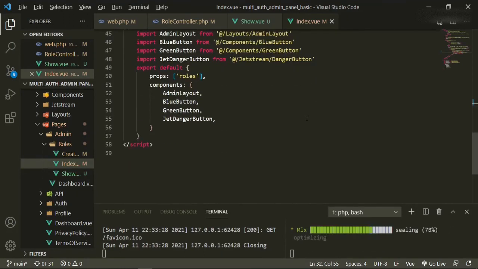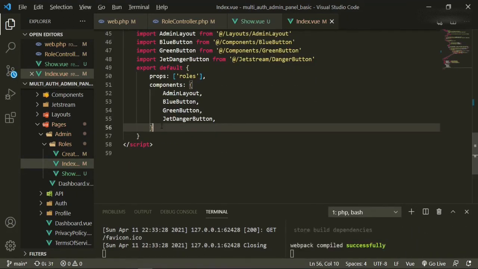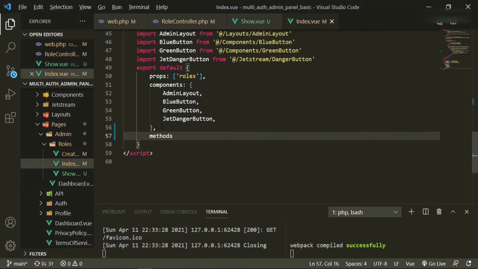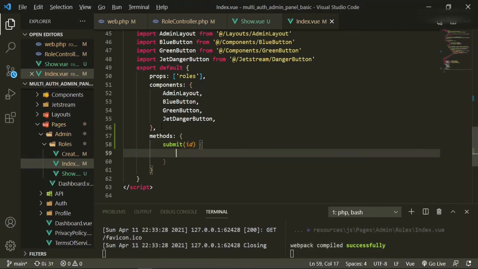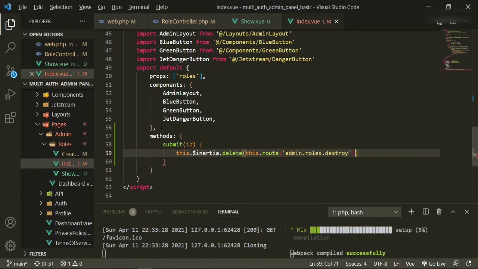Okay, let's head down. And now for our methods, all we need to put is submit. We'll pass in the ID, open that up, and it'll be this Inertia delete, this route admin roles destroy, and then we'll just go ahead and pass in the ID.